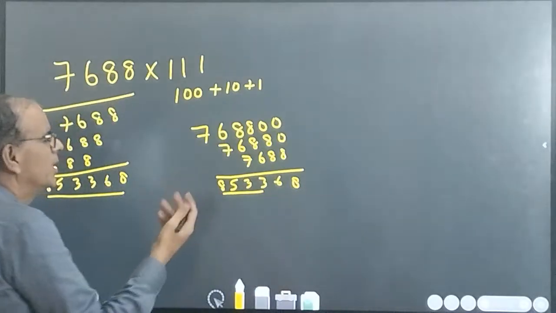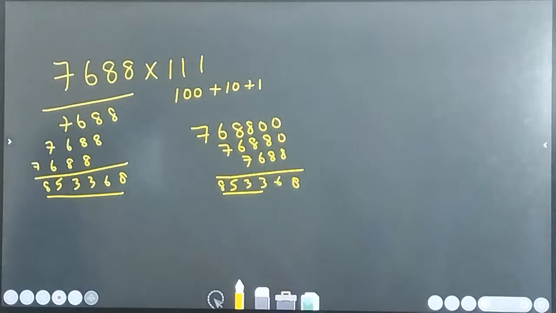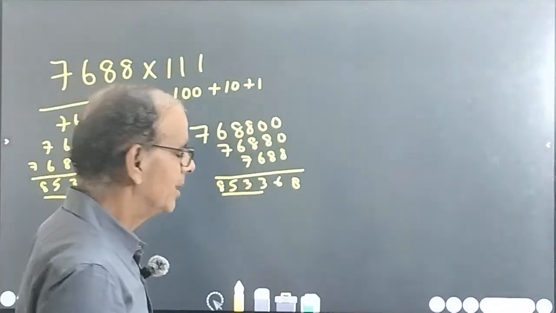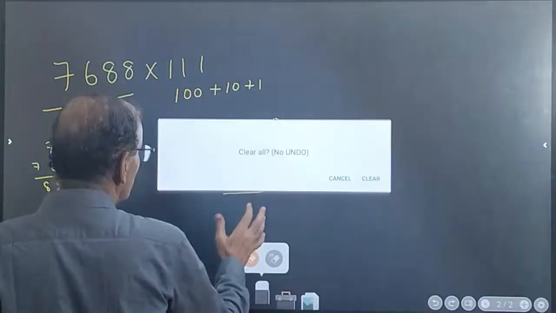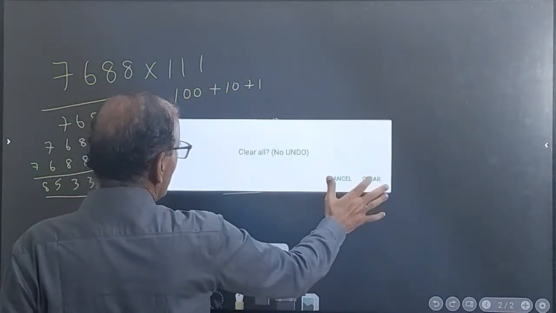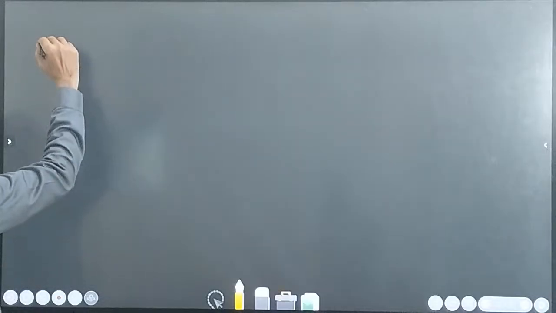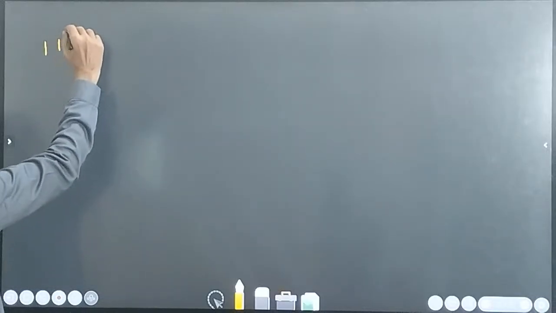How much you will get? You will get the same answer. You can multiply by 100, 10, and then 1. Now that is not a big issue. Either way you can do. But how to find 11 square,